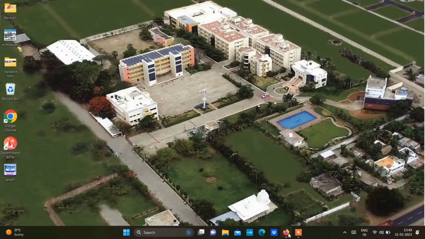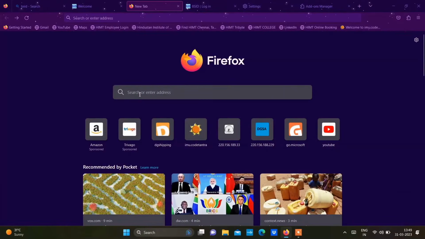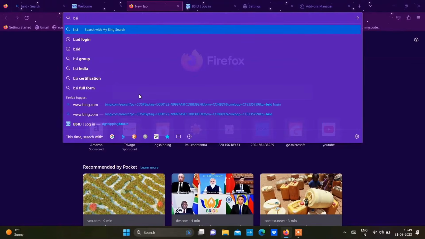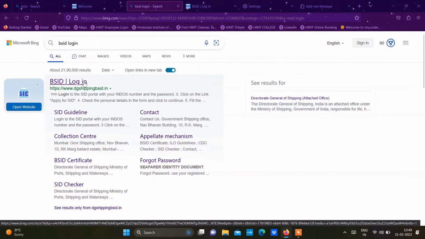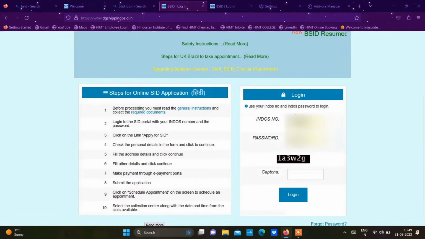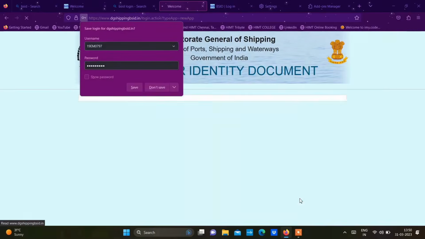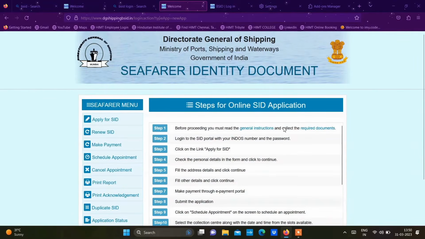So the first step is to log into your Mozilla web browser and search for B-SID login. The very first link which you get in the search, click on it. Once you click on it, a window as shown in the video opens up. Here you have to enter your Windows number and password of your e-governance to log in. Also you have to type a captcha which is shown. Once you have typed the captcha, you can click on the login icon and it will take you to this